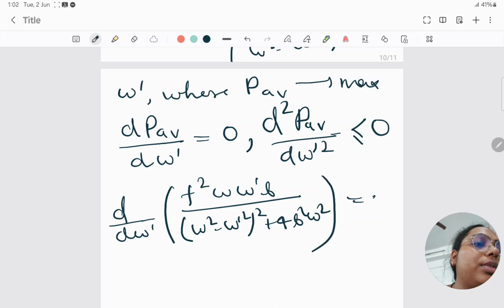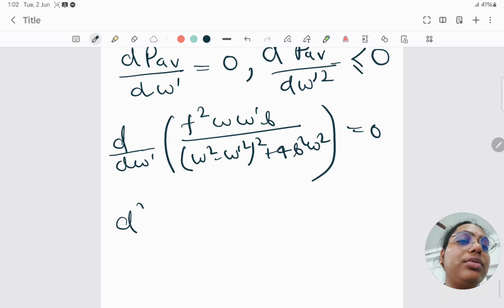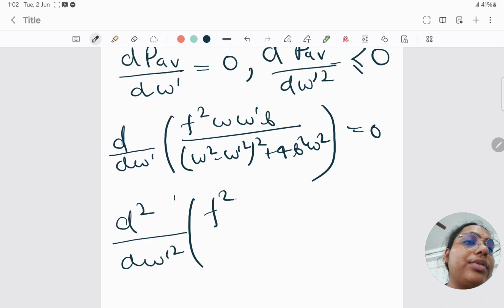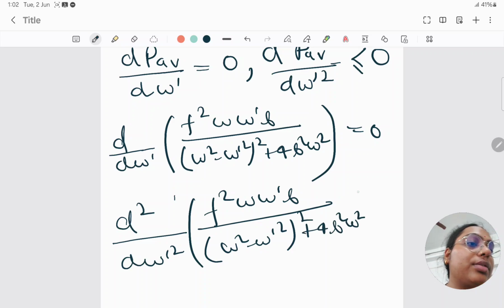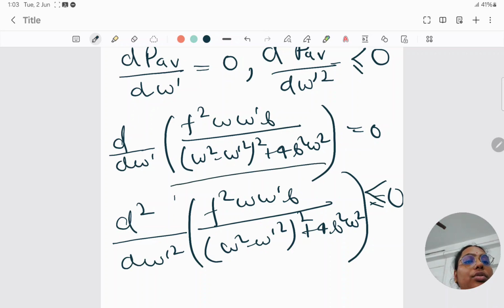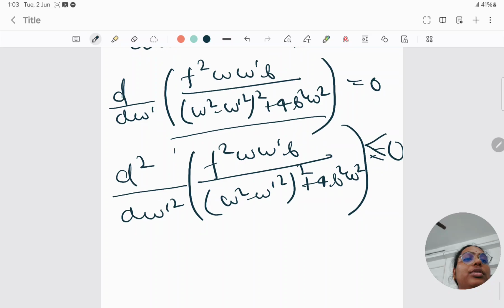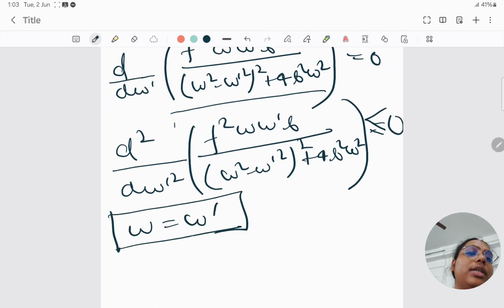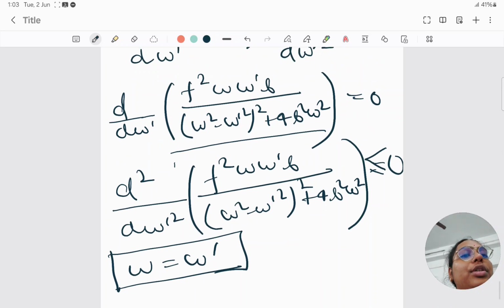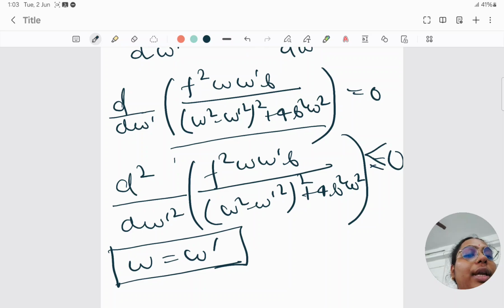Okay, so this will be 0, and this d² is less than 0. So when this will be equal to 0 or when this will be less than or equal to 0, in the condition where ω is equal to ω', in this situation only this will become 0. Okay,